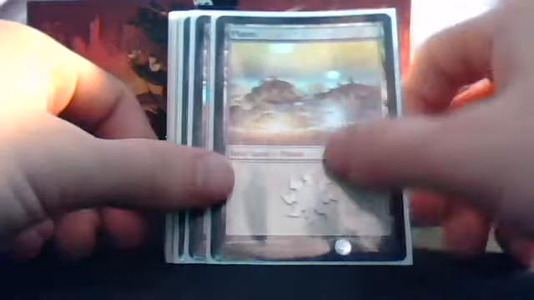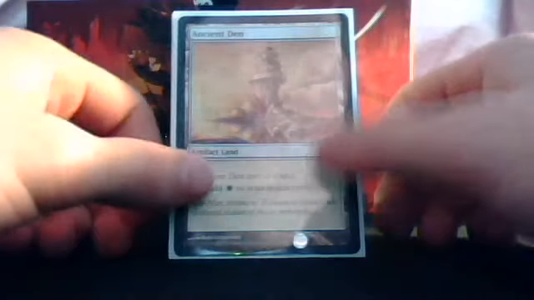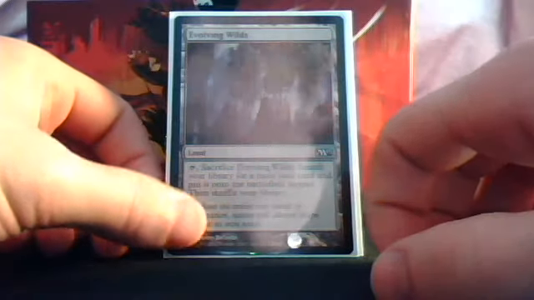So moving on, got 3 plains, 4 islands, and 3 swamps for the basics. And then non-basic lands, got Ancient Den, Seat of the Synod, Vault of Whispers rounding out the artifact lands. Moving on, Evolving Wilds and Terramorphic Expanse,